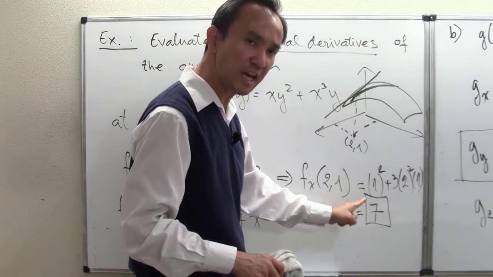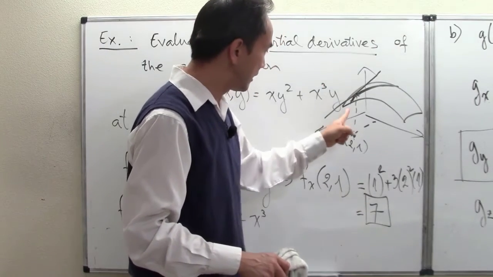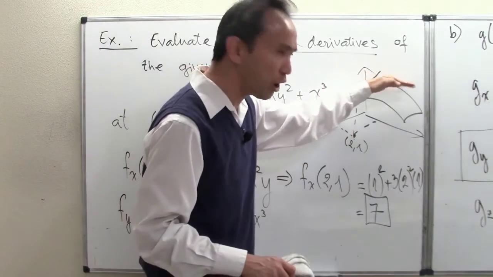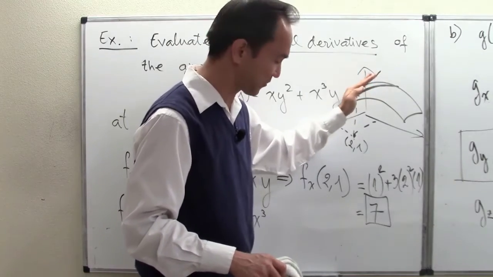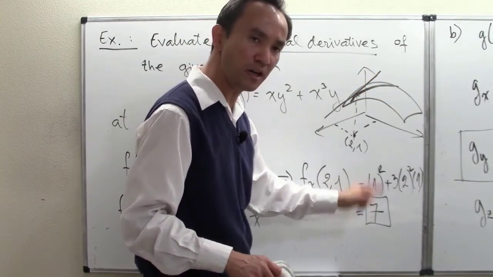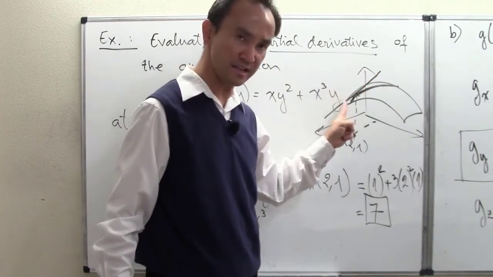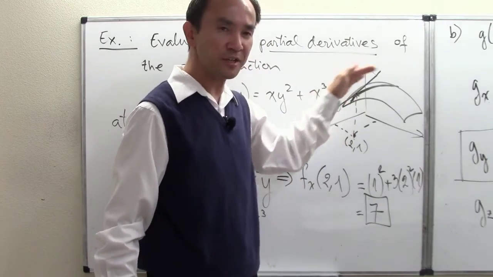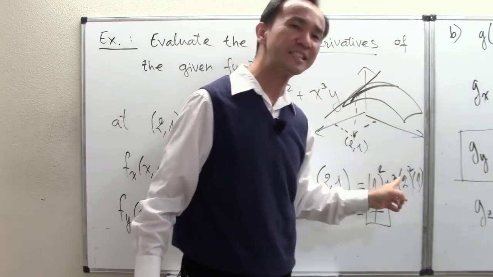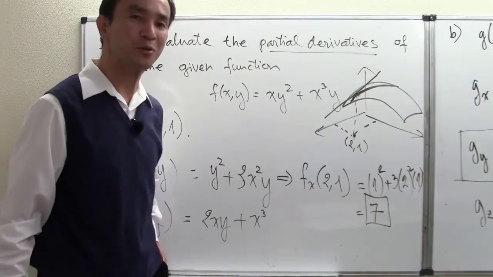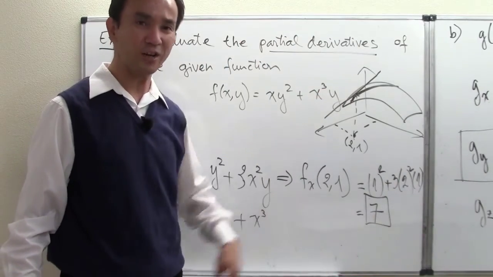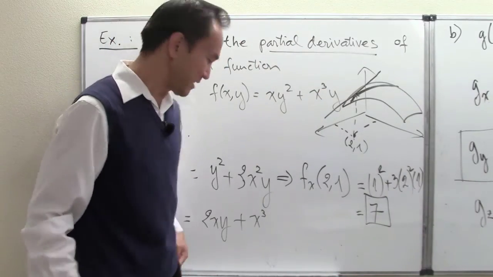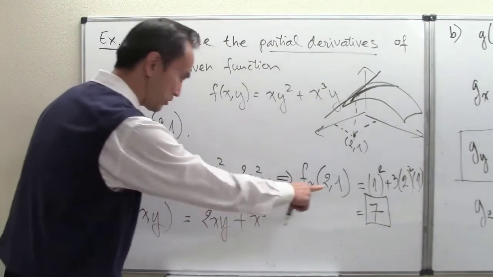The slope, the instantaneous rate of change of this function along that tracing curve, is positive 7. And again, I apologize that I drew the picture to be a little bit inconsistent with the final numerical result like that, but that doesn't violate the understanding. Okay, so now similarly,